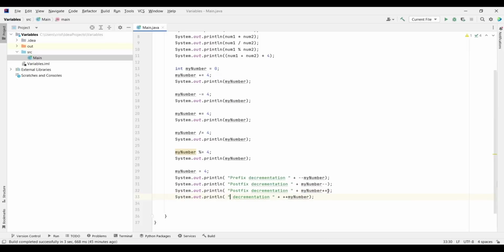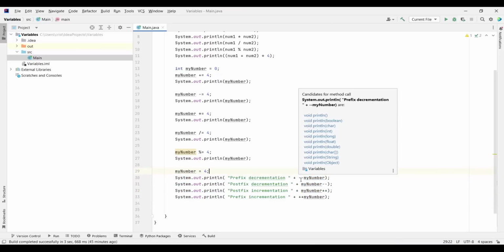So this is what I should have typed the first time, prefix, but now it should say incrementation here, and here also incrementation. Right, so this is what I should have typed first, because in this way this is correct.